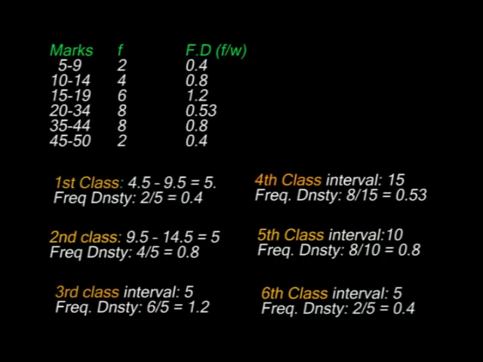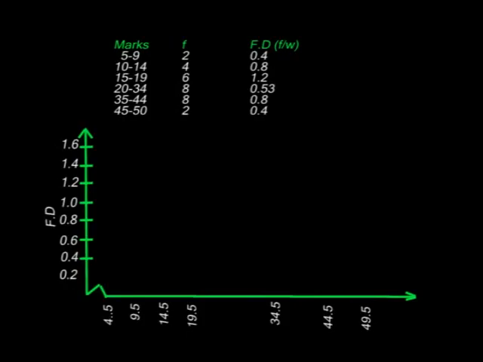From here we proceed and plot that graph. We first plot the XY axis, we have them there. The vertical axis representing the frequency density and the horizontal one representing the classes. So again the graph will not start from 0. Choose an appropriate width for your bar, but remember the bars will not have a uniform width. Now common sense has it that the class with interval of 15 is 3 times as wide as the class with interval of 5. This should and must be reflected in your graph.